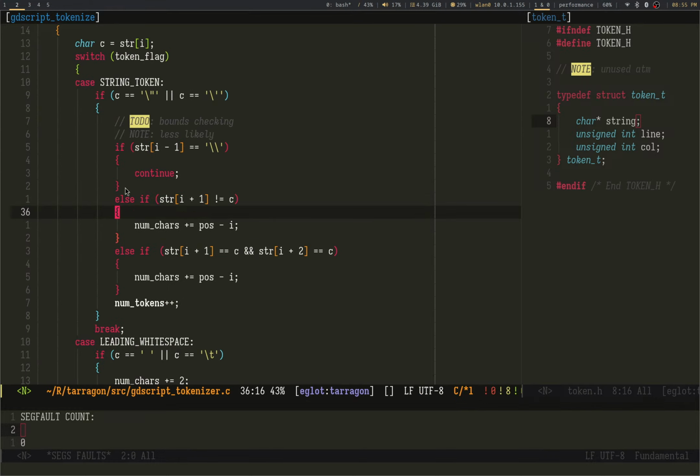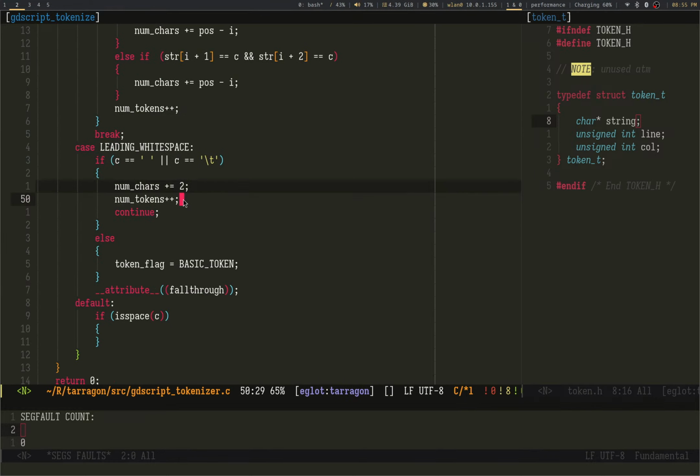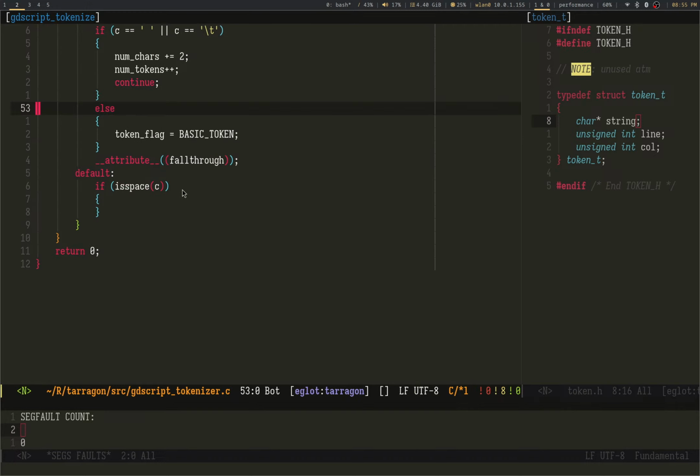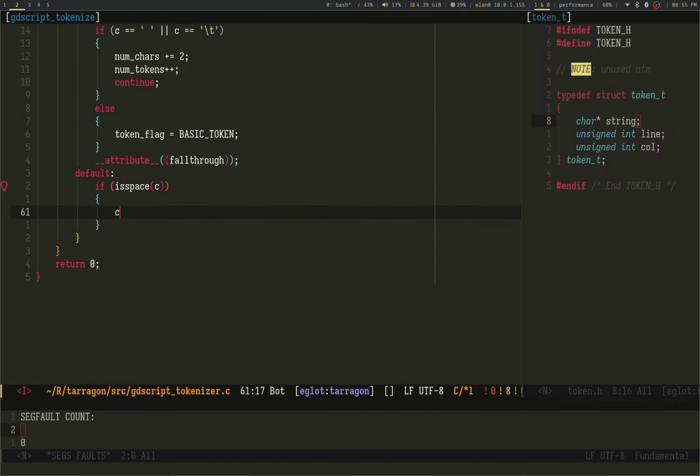But what's nice about this is, or I could just count leading white space, which is disgusting. It's gross. I'd much rather turn leading white space into fake tokens. Continue.